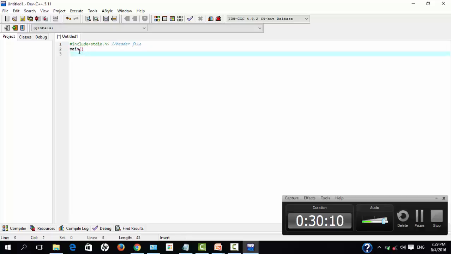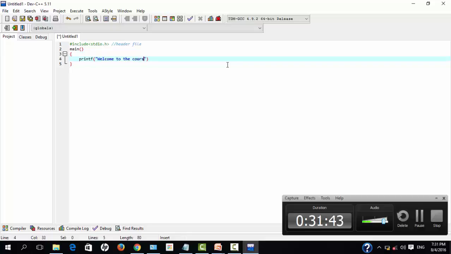Every program, whatever the main program that is being executed by the PC, should be written inside the main function. To start the main function, the command will be main and open the brace and close the brace. Whatever the statements to be done by the function has to be mentioned in the flower braces. Here my requirement is to print a data onto the user screen. To do it, the syntax could be printf open the braces and the double quotations, where you write your content and close the braces and the double quotation and end your statement with a semicolon, which is the default setting